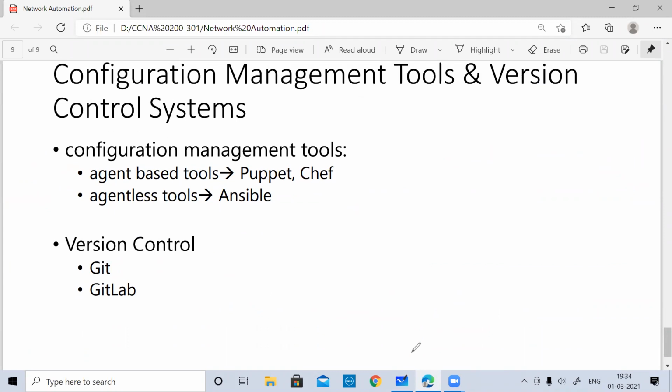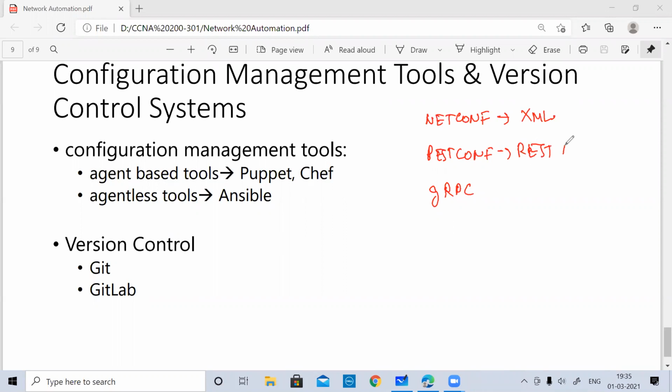Ideally we understood what kind of formats there are, what kind of data models there are, and which device programmability tool you're using. Because if you're using RESTCONF, you're basically making use of REST APIs only. NETCONF is basically developed over XML, or I can say it uses XML. When I talked about NETCONF or RESTCONF and gRPC for device programmability, this is basically making use of XMLs.